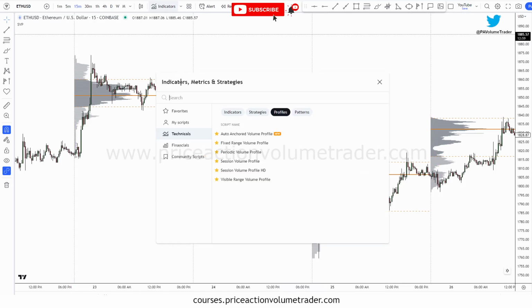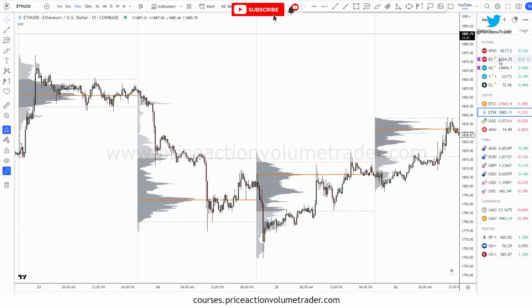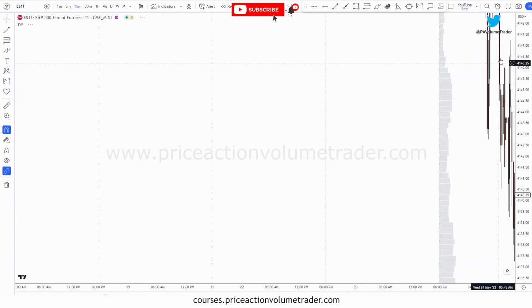Again, you have two options. You could use the HD, but I prefer the control of the regular one so I can set my own row size. Now, I'm not going to go too deep into this because I have a whole video coming up on this, but in futures,